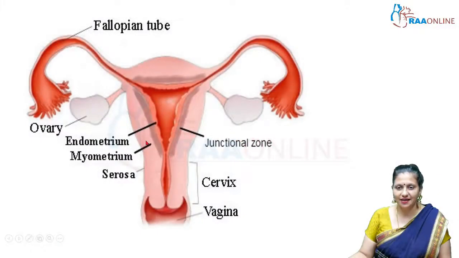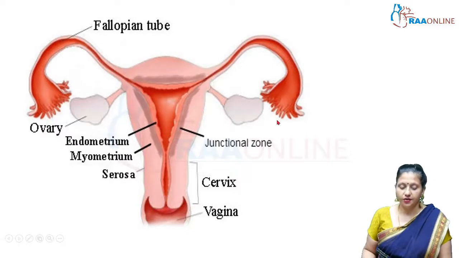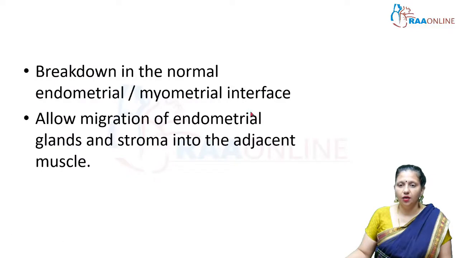Then it will be called adenomyosis. If these endometrial glands are lying anywhere outside the uterus, then it will be called endometriosis externa. Now, what happens? There is a breakdown of the normal endometrial and myometrial interface. That is why the endometrial glands and stroma migrate. So it can be a glandular endometriosis or a stromal endometriosis, which can migrate into the muscle or outside the